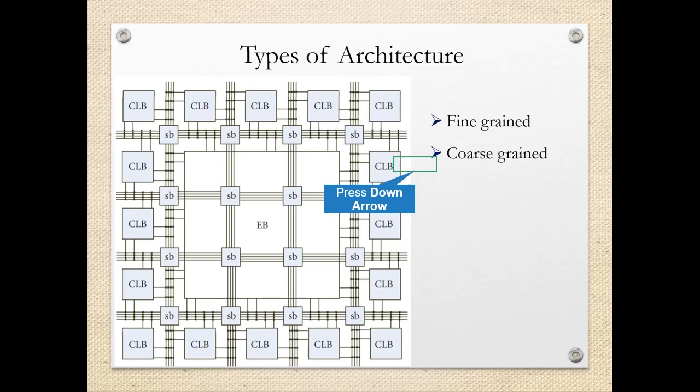Now in the given diagram, you can see on the outer periphery, whatever CLB blocks are shown, those are having the fine grained structure and they can be connected to the internal, that is the core logic, which is indicated as EB, that is embedded part of the logic. So that embedded block is a coarse grained architecture, and we can have the interconnection between this fine grained and coarse grained architecture with the help of switches.